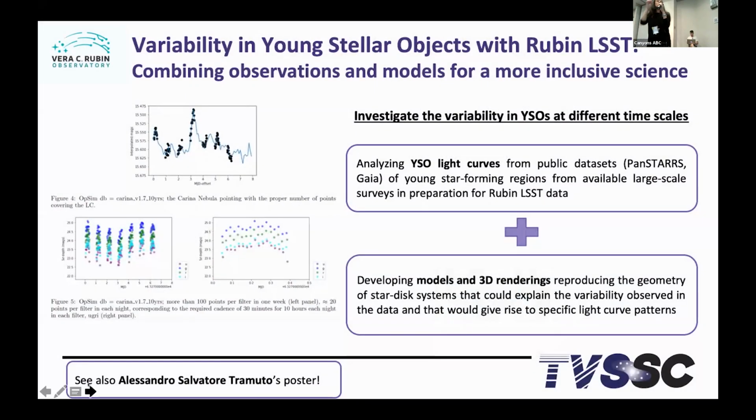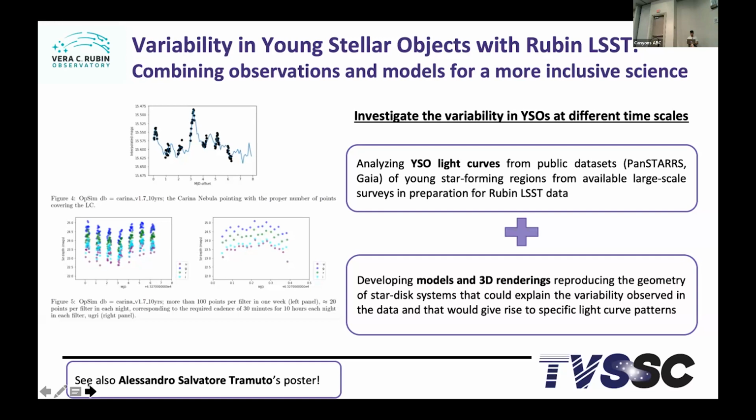And the project focused on both the investigation of variability in the light curves in the same filters as future Rubin LSST data using existing archives like PanSTARRS, Gaia, ZTF, and also focusing on the development of 3D models and rendering that can be printed. And here I show you the light curves of a variable young star as an example, but this can be